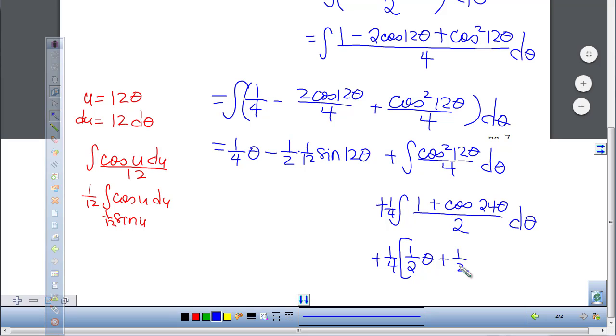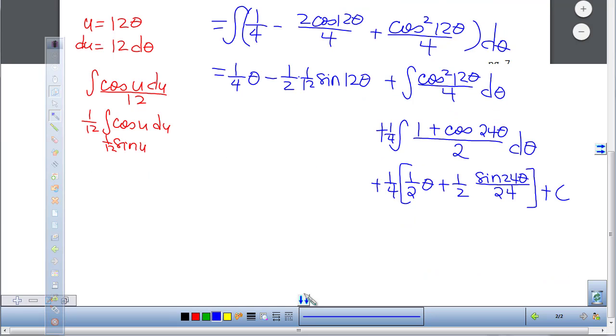If we kind of use the same pattern over here, we're going to get sine 24 theta over 24, plus c. All right, so if we put all that together, we've got 1/4 theta minus 1 over 24 sine of 12 theta. Okay, and then we got plus 1/8 theta